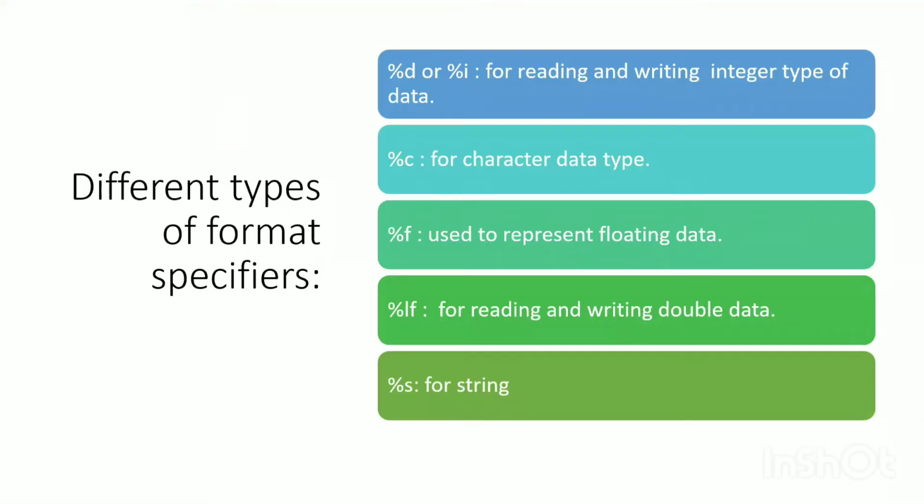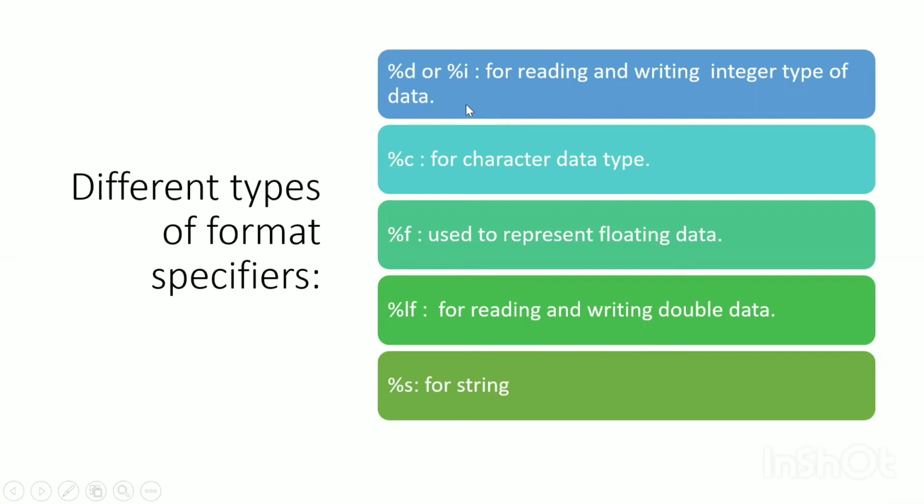Next, these are the different types of format specifiers we have in the C program. For example, there are different data types, as we have seen in the previous video, right? We have integer, character, double, and float. So for each and every data type, we'll have one format specifier. For example,